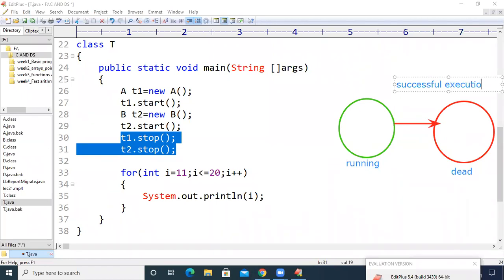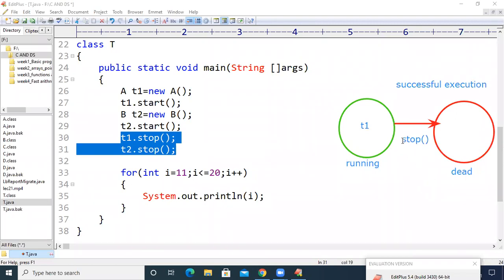After successful execution, a thread moves from running to dead state. But if we want to move the thread manually, for example, there is a thread called T1 inside the running state, which is running, and all of a sudden we want to move T1 to the dead state, we can go for the stop method.